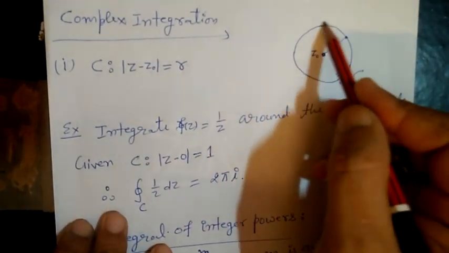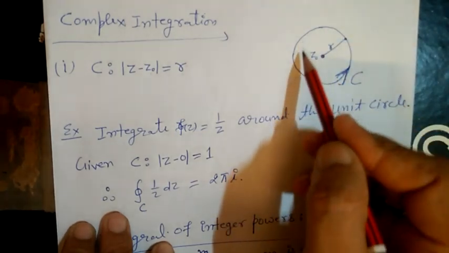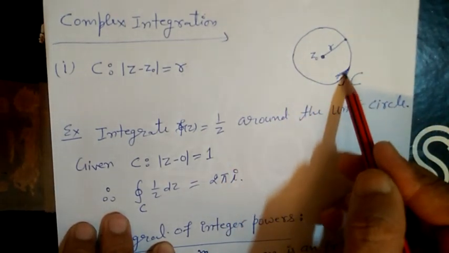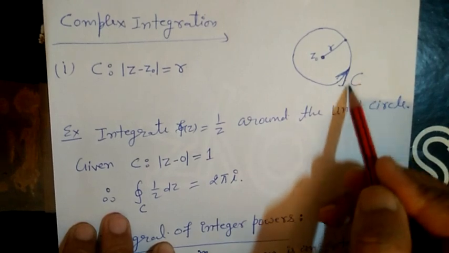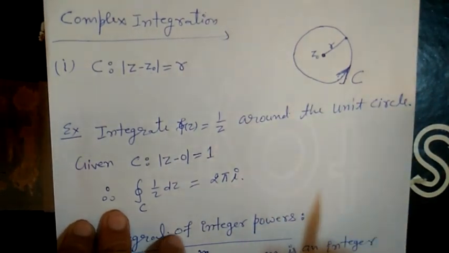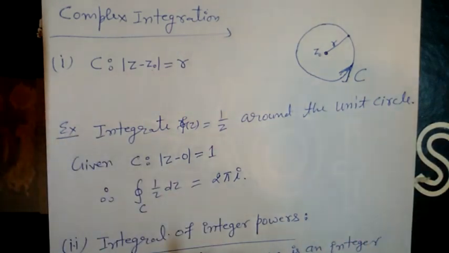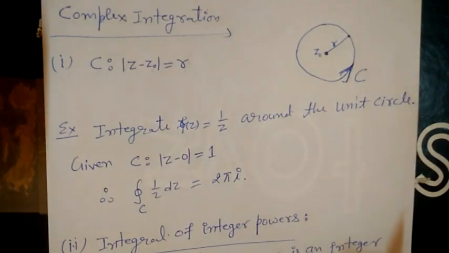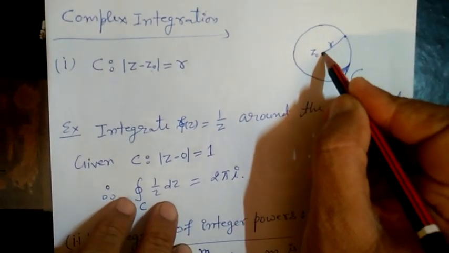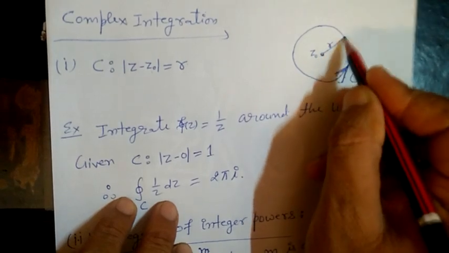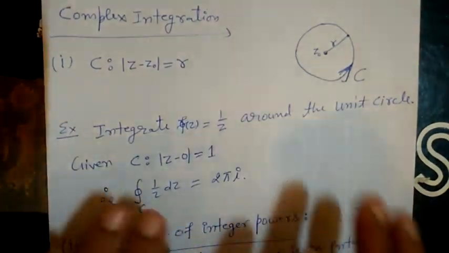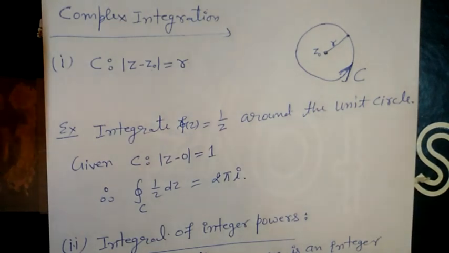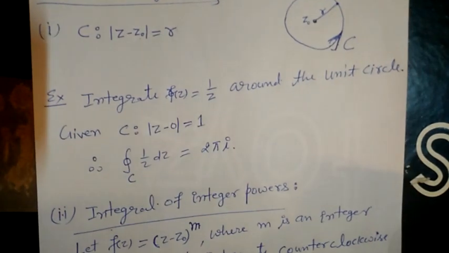If we define it in the form of a graphical representation, this is a circle and this is a closed contour C or closed circle C. Closed means if the initial point and terminal point coincide at a point, then that curve or circle is said to be closed. So the center of this circle is z naught and the radius of this circle is small r. This is the main important part of complex integration, when we compute the value of the integral along a closed curve, closed circle or closed contour.